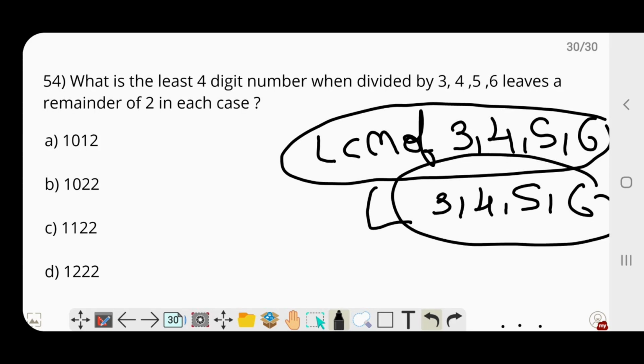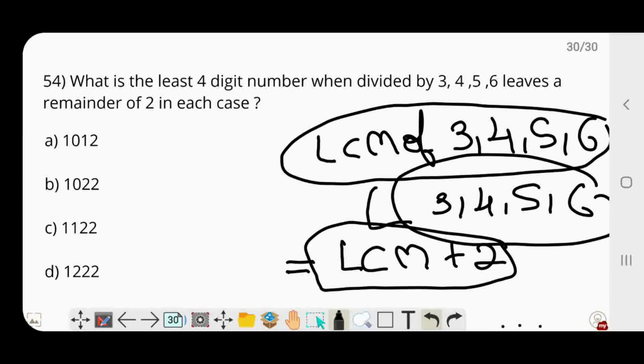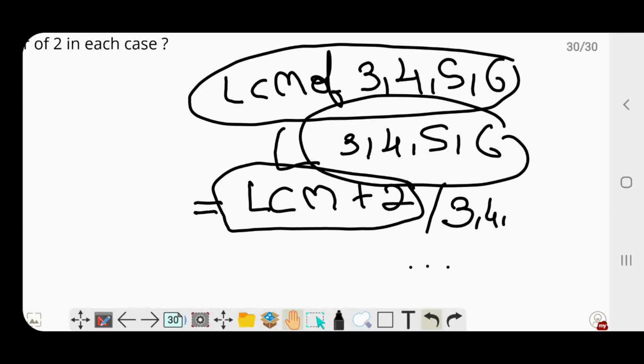And not just that, it has to leave a remainder of 2. So ideally we would have LCM plus 2, because an LCM plus 2 when divided by 3 or 4 or 5 or 6, whatever it be, will give you a remainder of 2. If it was LCM plus 3, then it wouldn't have given a remainder of 2 when divided by 3. Anyways,